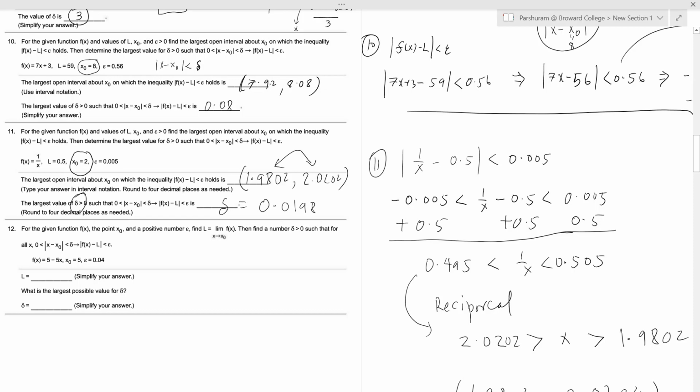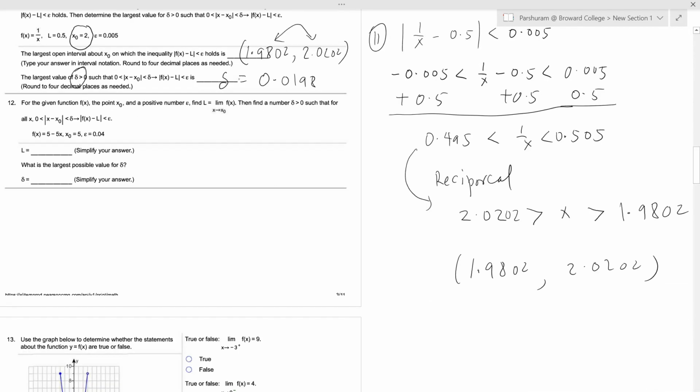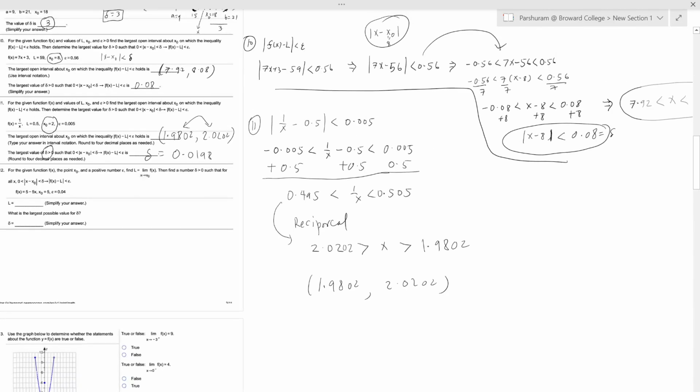If I subtract 2 from 2.0202, the distance of these boundary points, as you can see here, from where I can pick the x. So you can see I can pick from 1.9802